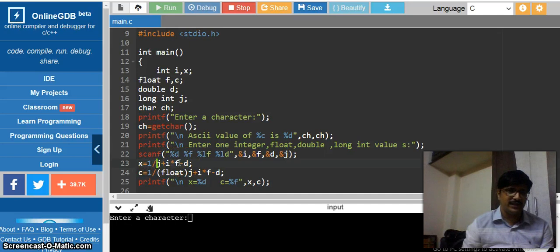The highest data type would be double, right? Remember, double occupies 8 bytes, float 4 bytes, and long int is also 4 bytes. And when it comes to integer, in a 32-bit machine it also occupies 4 bytes. And of course, character is always 1 byte. So here the largest data type is d.